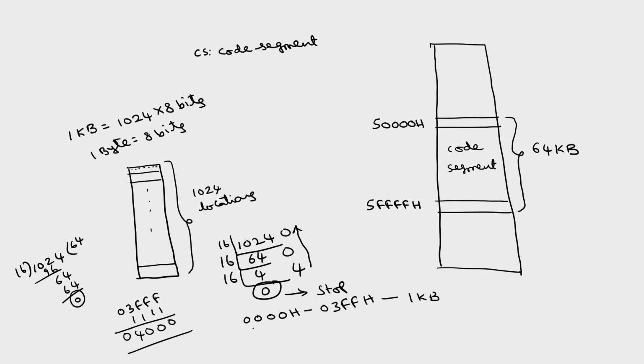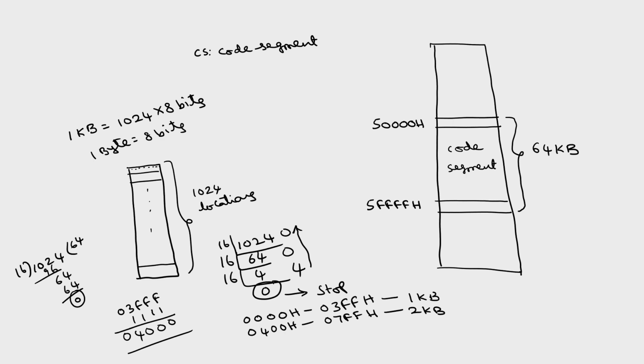If you want 2 kilobytes, the next address is 0400H, and if you add 03FFH, this is 07FFH. This will be 2 kilobytes. So starting from 0000H to 07FFH will be 2 kilobytes, up to here this is 1 kilobyte. Again, if we add another 07FFH for the next address, you will get 4 kilobytes. Like that, for 64 kilobytes you have to add FFFFH. If the starting address is this, to get the ending address of 64 kilobytes, you have to add FFFFH.